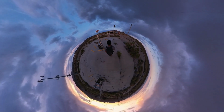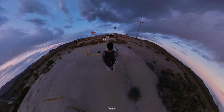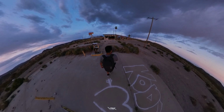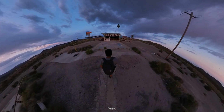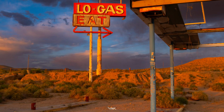It's a pretty sizable service station. It had just about everything out here, including a place to eat, which kind of makes you wonder what they used to serve out here. Never was any good. But definitely a cool place, quick explore. Came here just in time for the sunset. Now the clouds are looking really, really moody out here, so...